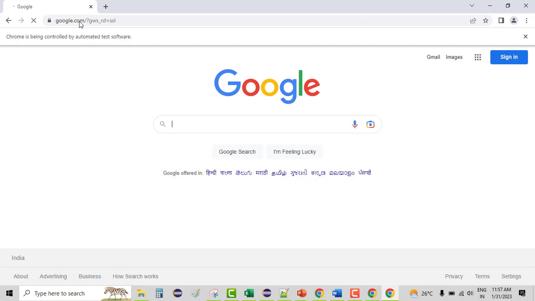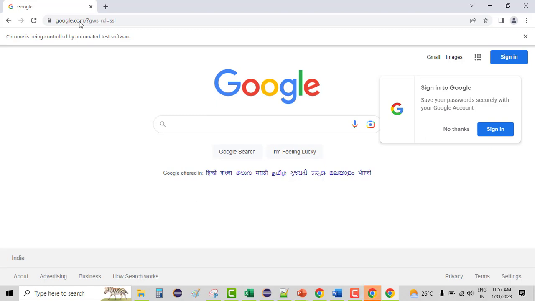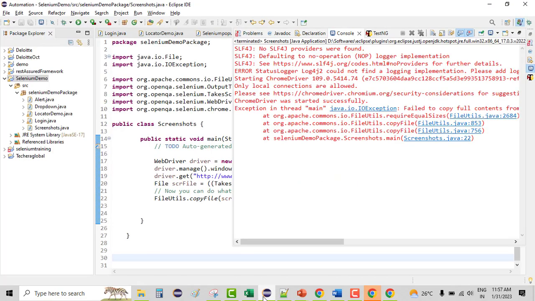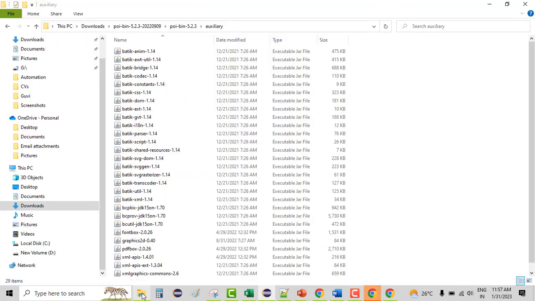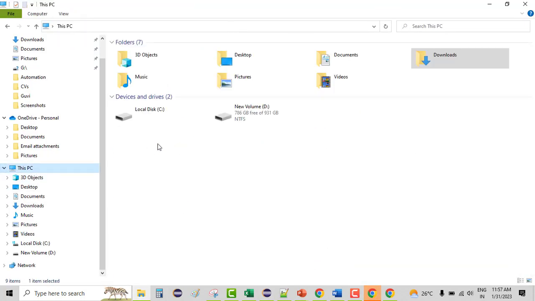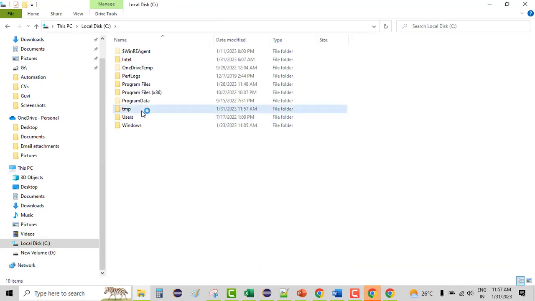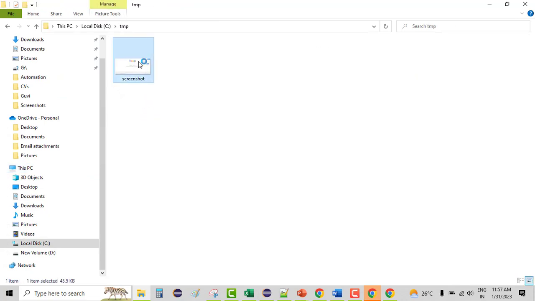Okay, so let it stop. This is the screenshot we are going to get. So we'll go to this and we'll see that it has turned gray. That means the test case has stopped. So what I have to do is go inside my C drive. So let's go to the C drive, and inside that there must be a temp folder. So this is the temp folder. Inside that there must be a screenshot which got clicked and attached right now. So this is the file name. I'll just open it for you so that you can see